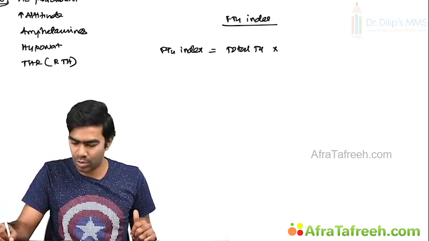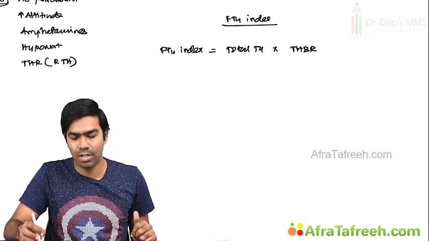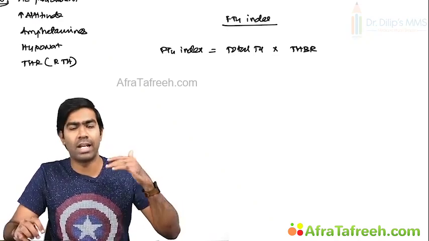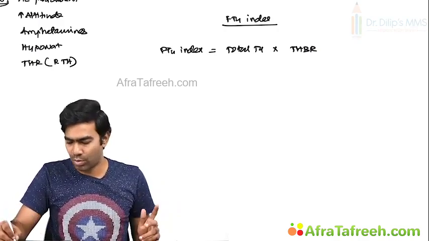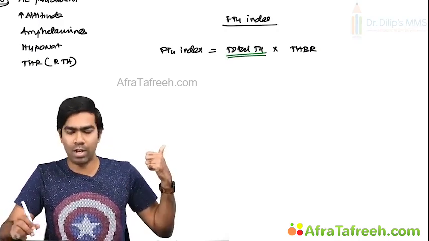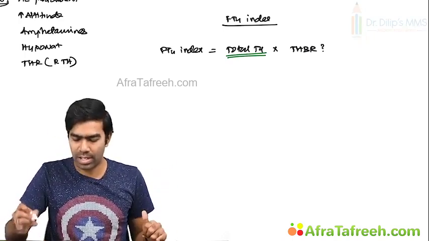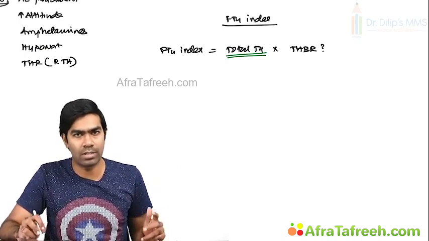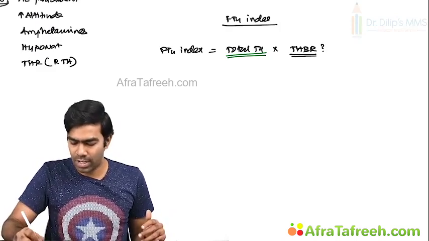How do you correct this with the TBG? You have to take a ratio called THBR. That's called the thyroid hormone binding ratio. This is otherwise referred to as the thyroid hormone binding index, or THBI. Both are correct. Now you know the total T4, as you already have the assays for finding out the total T4. But what is this THBR? Thyroid hormone binding ratio or thyroid hormone binding index. How will you find out this THBR? The formula for THBR